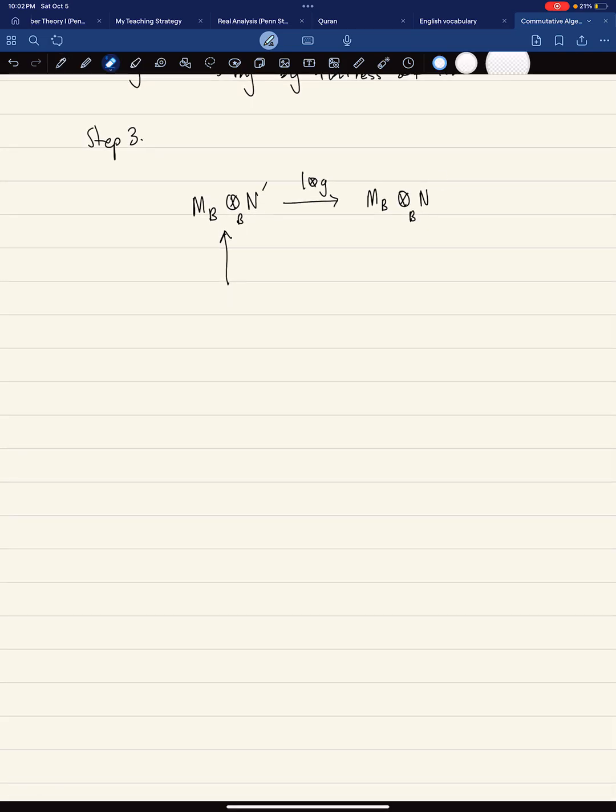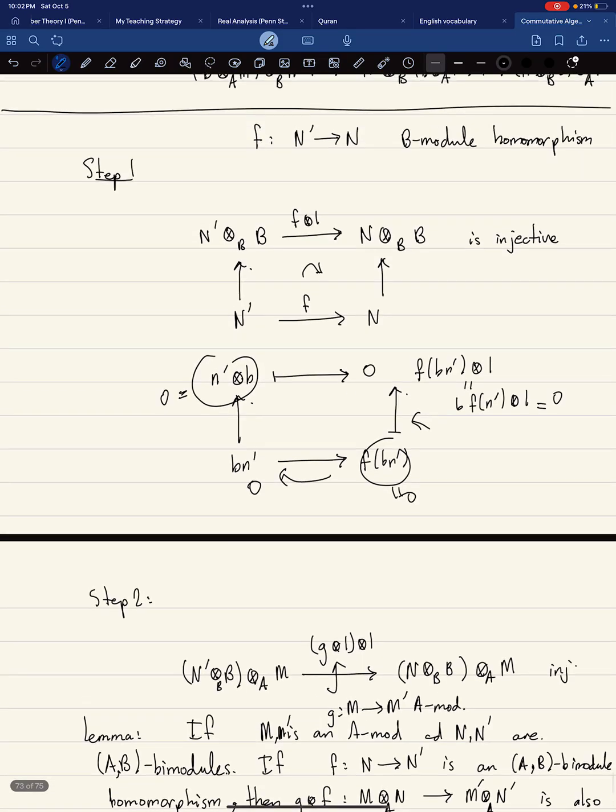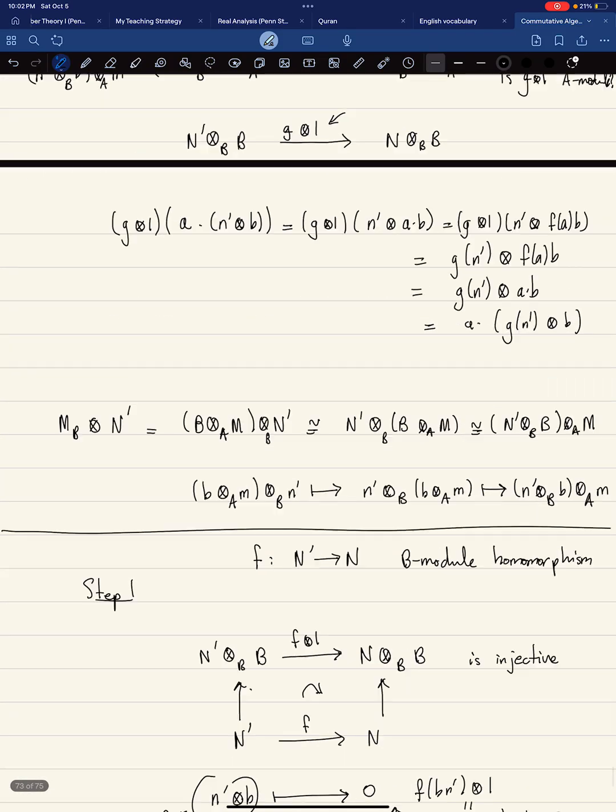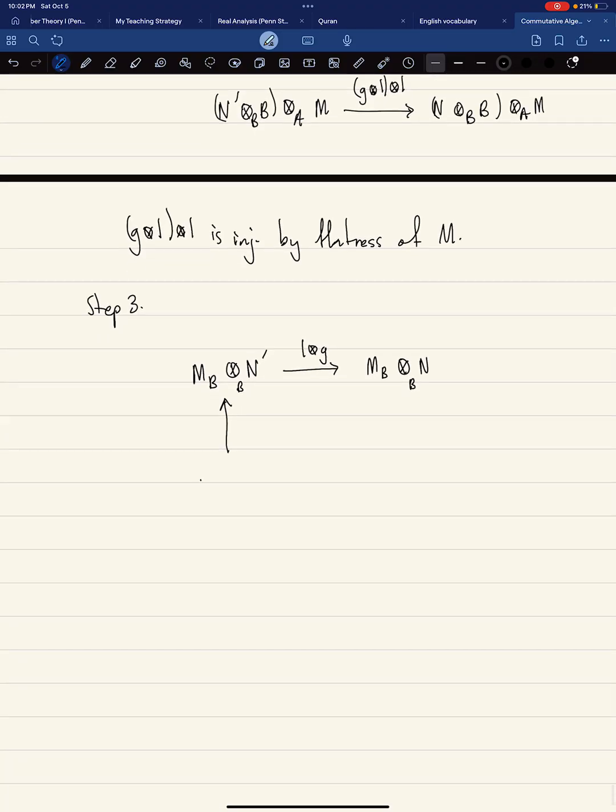So here it should be N prime, so here N prime tensor B tensor M goes to